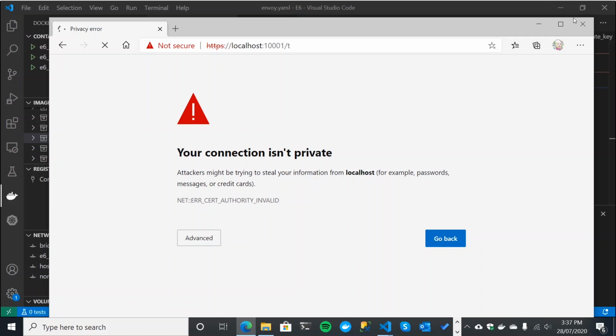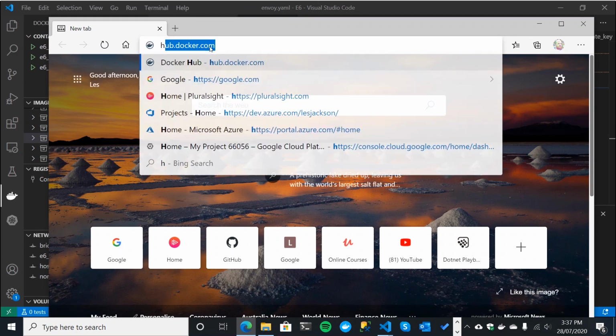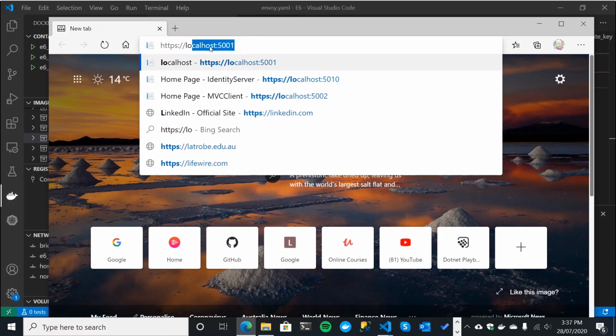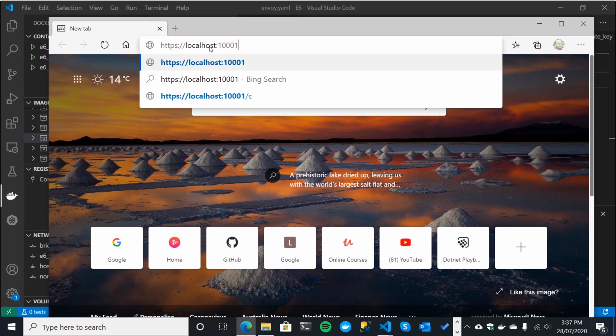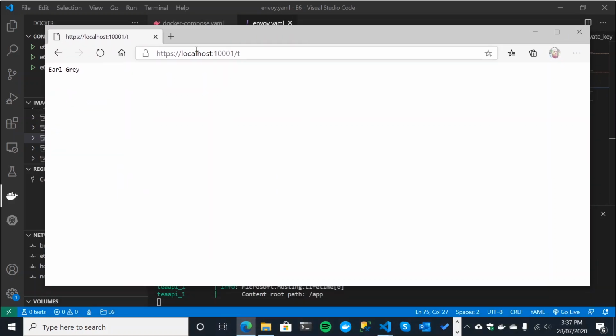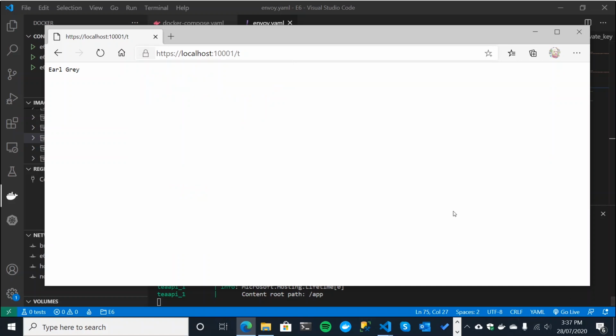No. Same thing, so let's kill that and refresh it. And when it opens, it will hopefully get our newly self-signed certificate. So HTTPS localhost 10001/T. There we go, fantastic. We've still gone to our T API, but to all intents and purposes it looks like we're using HTTPS, when in fact we know that when we get the data from the T API, it's not redirecting to HTTPS, we're just getting it over an HTTP connection.